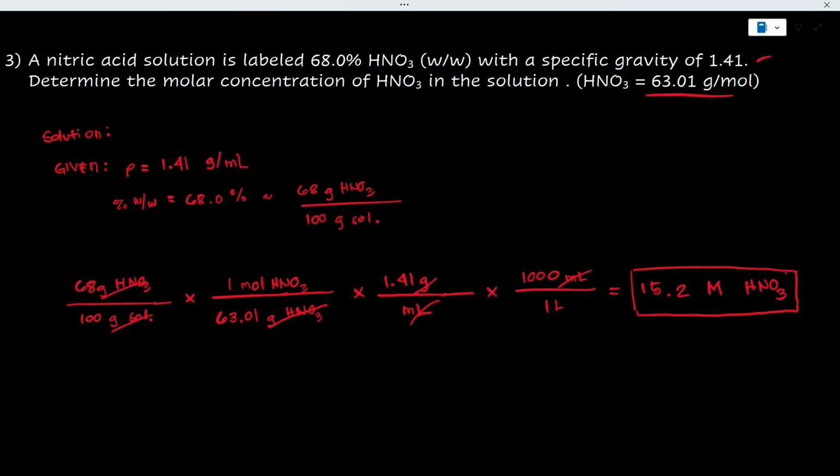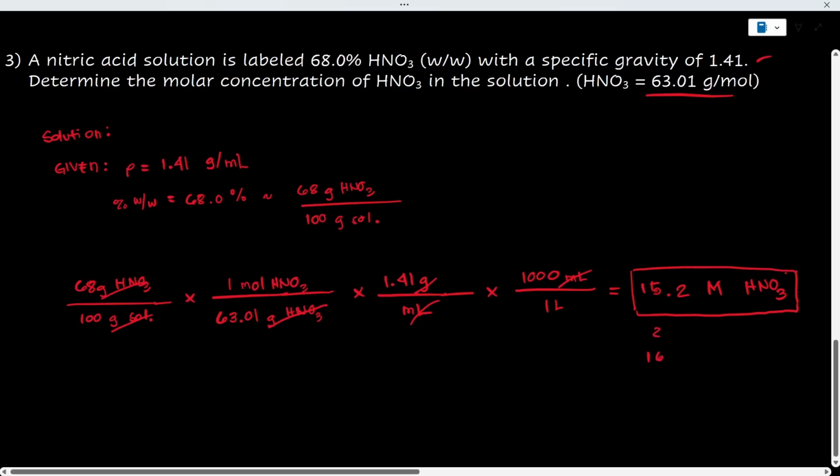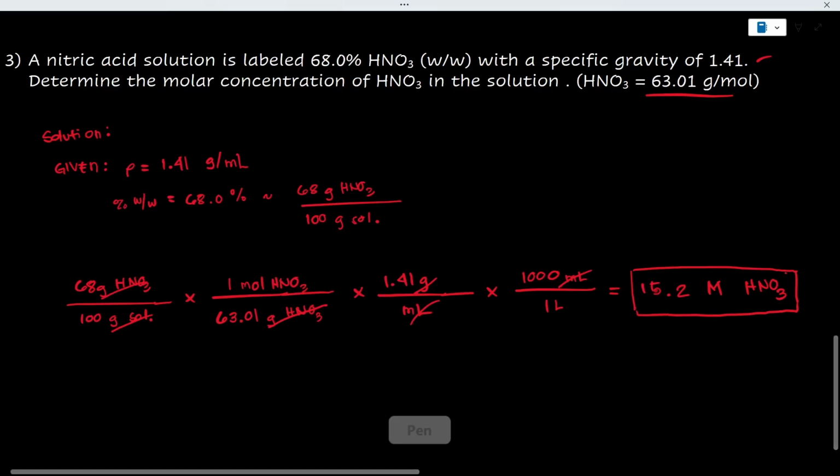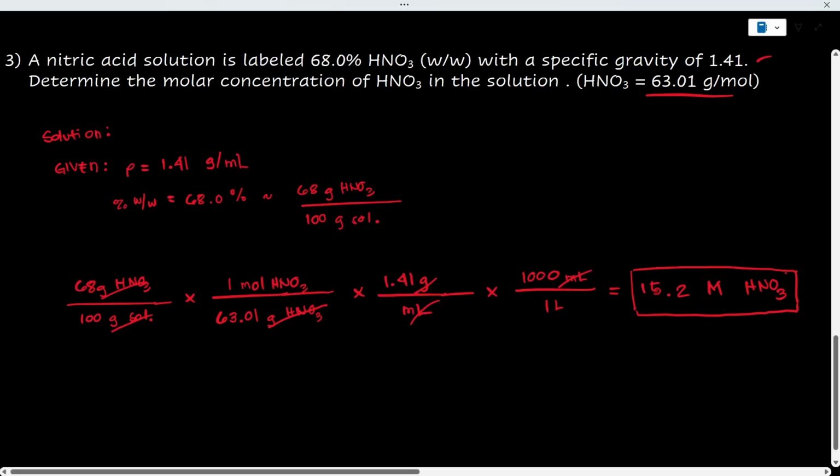Okay, so as you can see, it has a value close to our nitric acid answer from number 1, right? It was 16 molar, but it's different. Okay, so this can be the case. Different manufacturers have different molar concentrations, even though they have the same acid. So that's all. Thank you for watching the video. I hope you learned